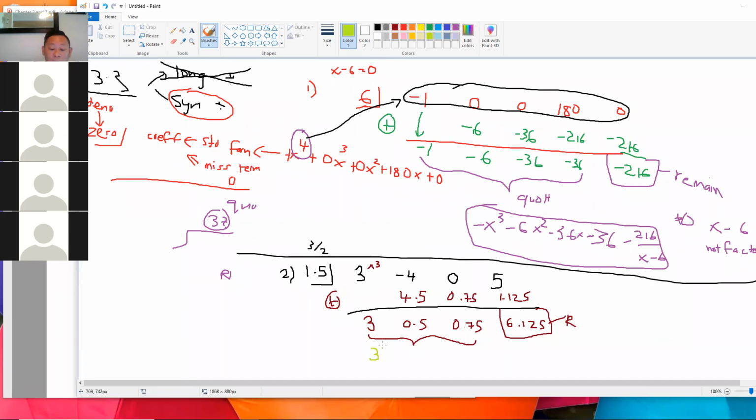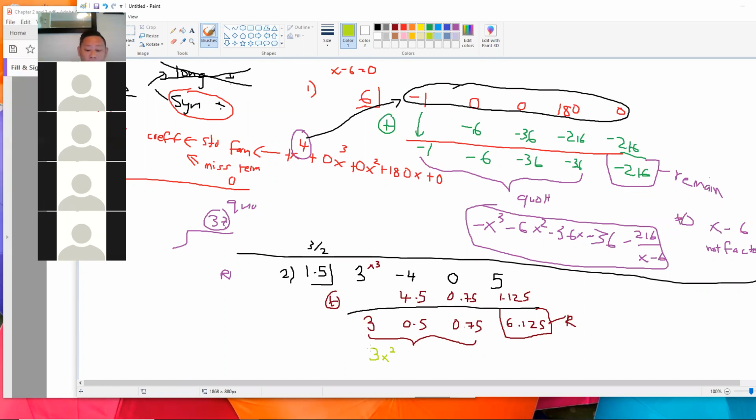3x to the third. Not third. Remember the squared. Very good, squared, right? Because if you have x to the 4, it minus 1, 1 down. So plus what? 0.5x. 0.5x plus 0.75. 0.75 plus